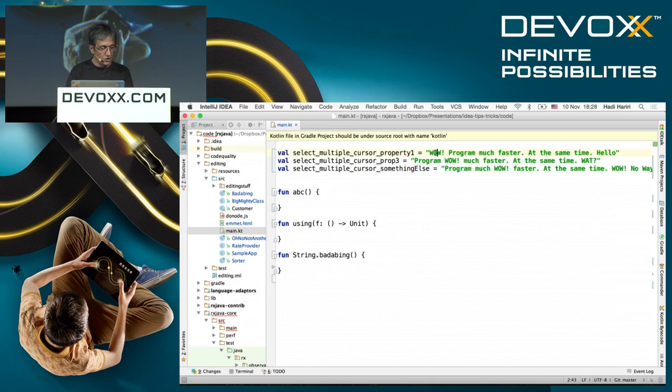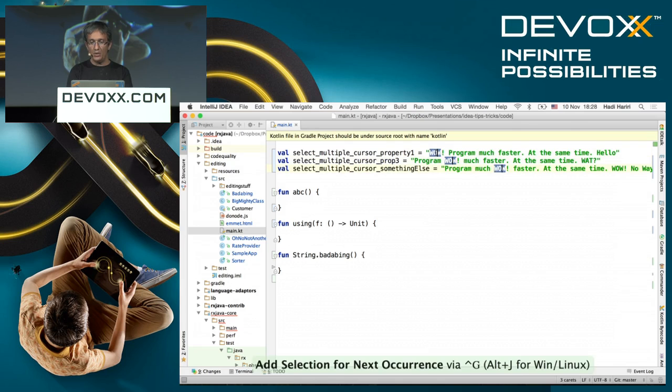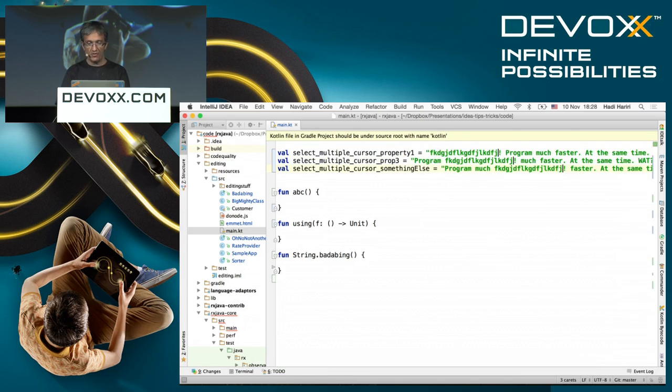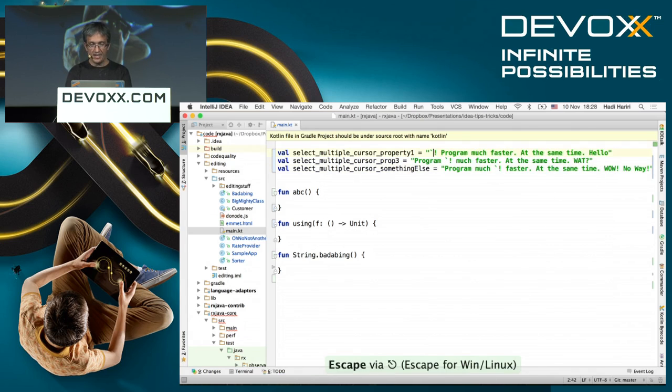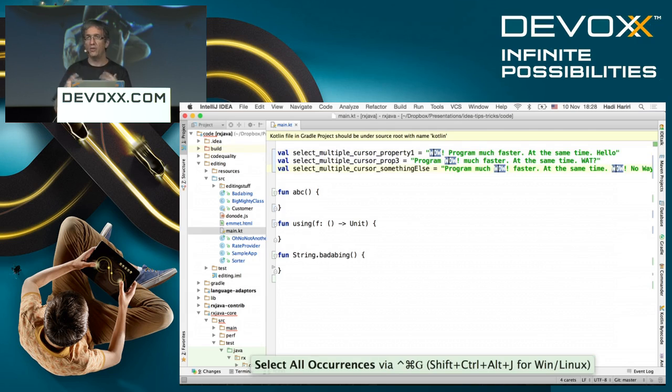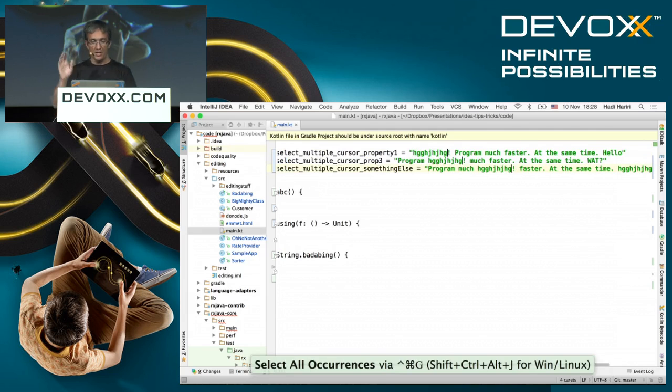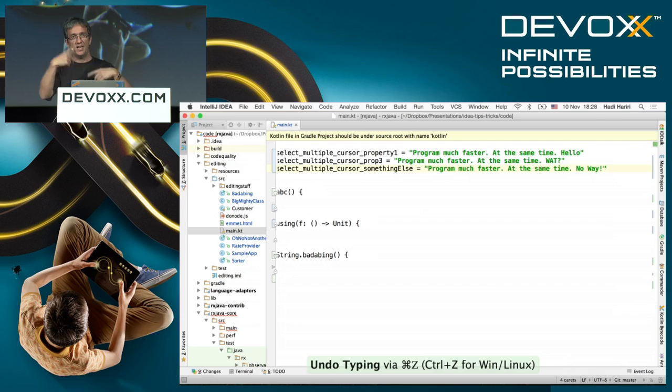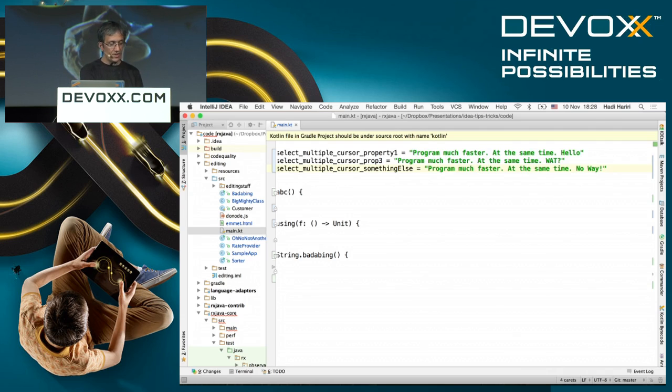The other thing that you can do is, if you want to, for example, select the key, a wow, you can select the wow and just type all of that. Or let's undo that, and I can say I want to select all of the wows across the entire system. So I could do Control Command G and select all of the wows. So you can select individual items and then successively, or just select them all. Okay? So, what else do we have here?